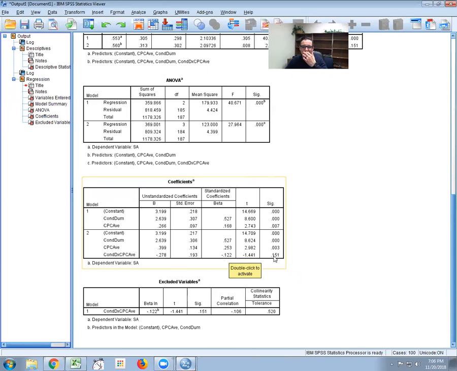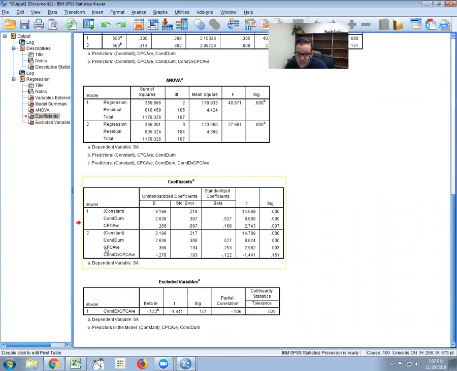Okay, so this tells us that although we have a main effect of both of these, we do not have an interaction. Now let's imagine that we did have an interaction. Well, we would then look to the simple slopes, or the simple main effects, and we find those also in the second model. So in the second model, this is the simple main effect of condition when this one is